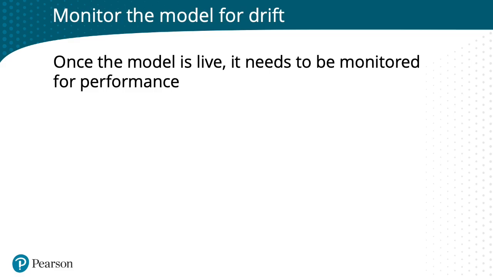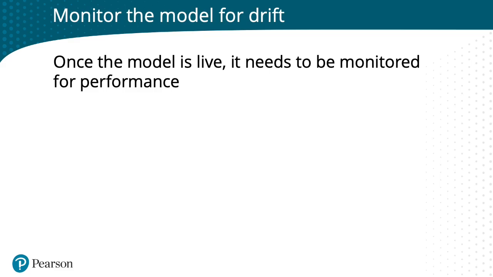You have to keep watching your model to make sure that the performance doesn't deteriorate over time or that your model just doesn't go stale. So there are a few different reasons and places that will cause the model to go stale or maybe the performance to degrade, and we'll talk about that as we go through this lesson. But the main thing is once you have your model on production, you're not done yet.